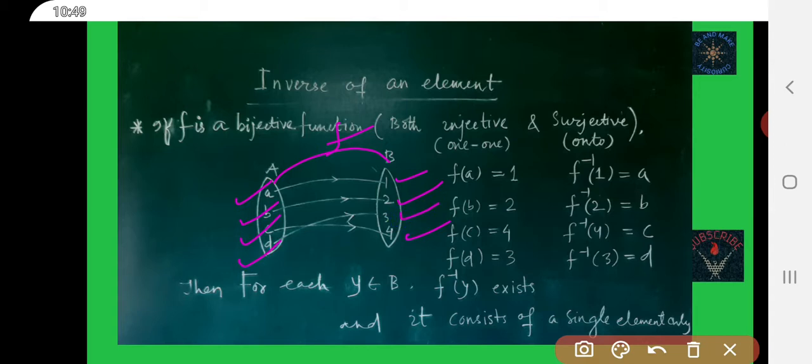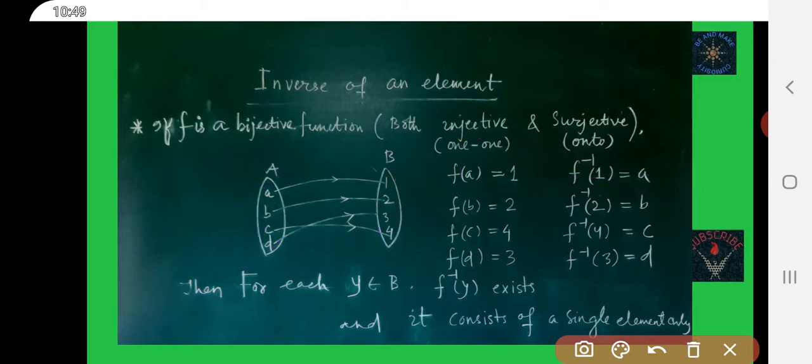So one-one function, and here you see the range of this function is equal to codomain of F. So it is an onto function.